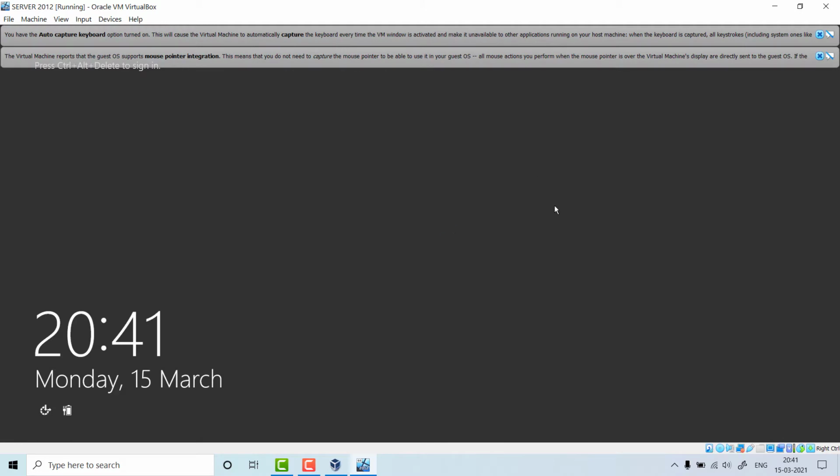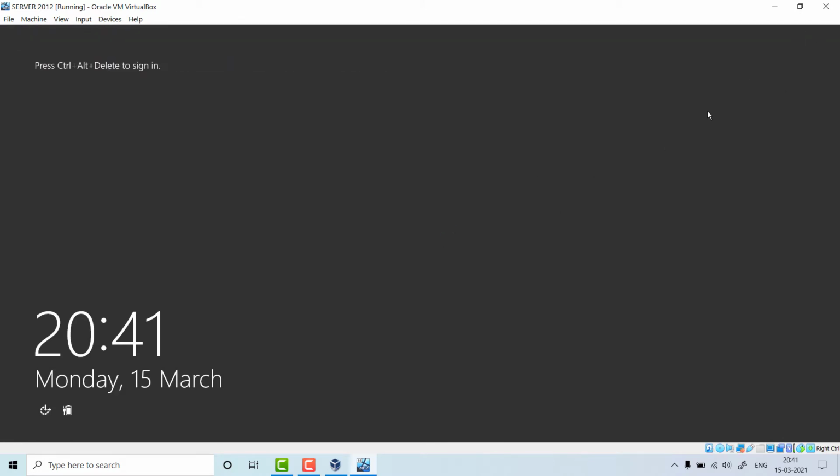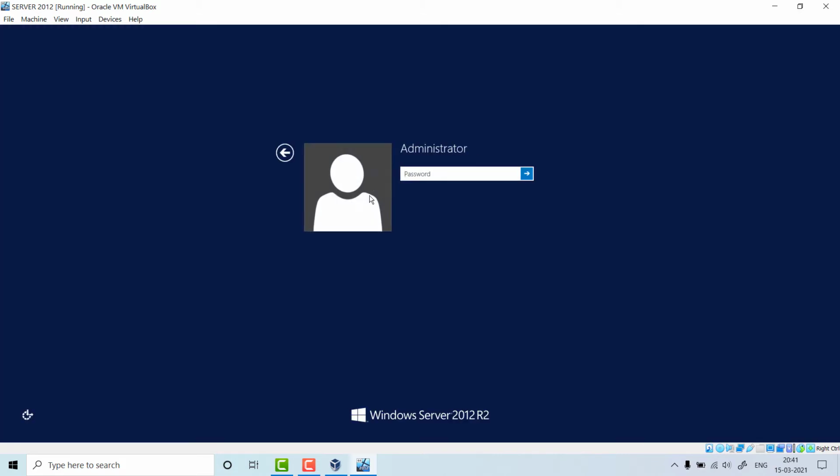You can see right now that it is in full screen mode. I already told you that Ctrl+Alt+Delete means you have to press the right side Control of your keyboard, not left. Right Control and Delete. Don't press Ctrl+Alt+Delete.